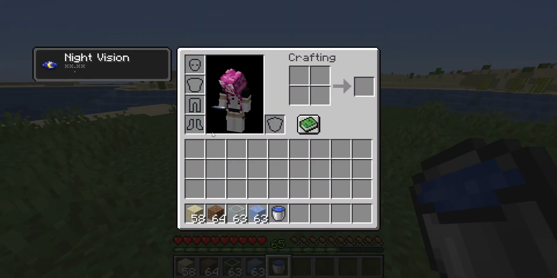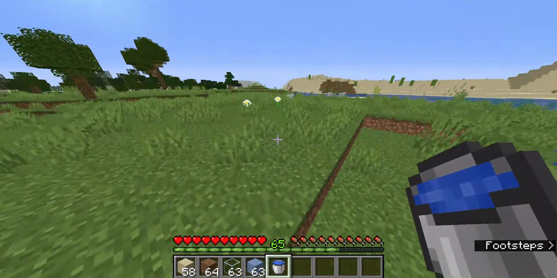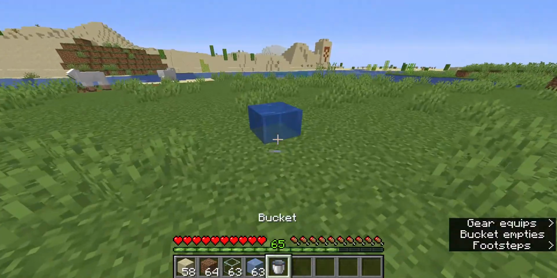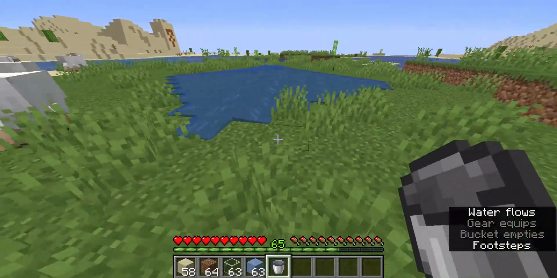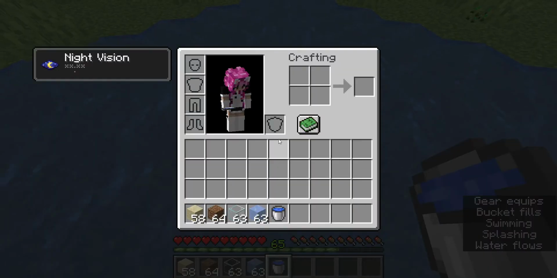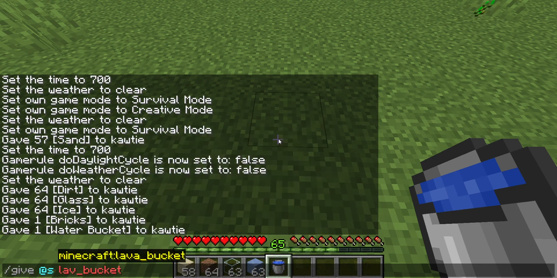Flow distance. Different types of liquid can flow different lengths. Notice with water, if I put it here, it's going to flow quite a few tiles. So this many tiles, about 7 tiles in each direction. That's quite a bit. But now if I give myself a lava bucket, and lava is quite dangerous, so I'm